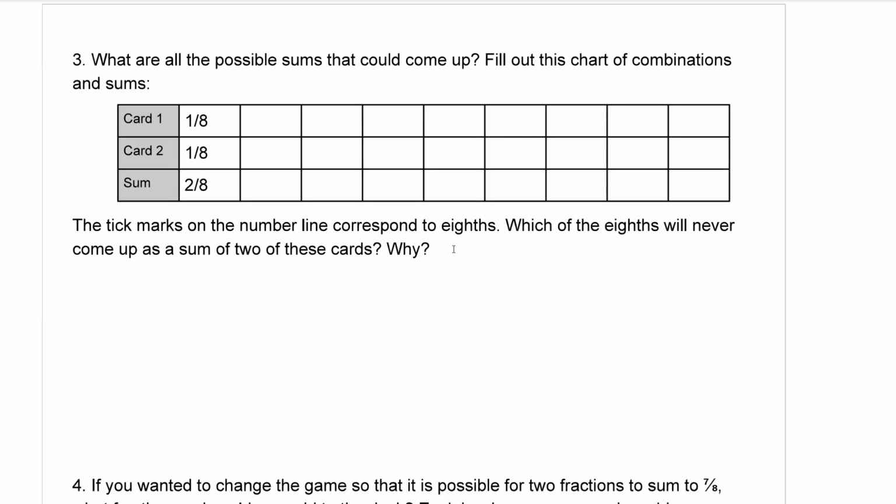Go ahead. What are all of the possible sums that could come up? Fill out the chart of combinations and sums. Okay, so we see here that they have 1/8 plus 1/8. Well, what else could we come up with? Well, we could come up with 1/8